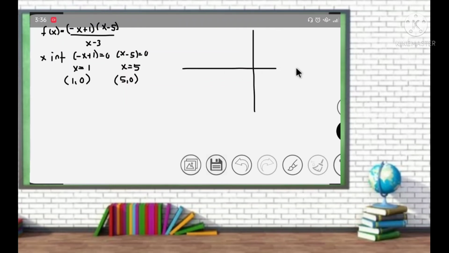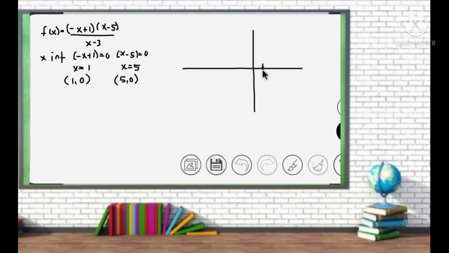Okay. 1, 0. Ayan yung 1, 0. 5, 0. 2, 3, 4, 5. Okay. Dadaan daw dyan. Dadaan daw dyan yung graph mamaya. Okay, abangan natin. Okay. So, 1, 0 at doon sa 5, 0. Kunin daw natin yung y-intercept. Getting the y-intercept. So, ang gagawin daw natin, f of x will become y is equal to lahat daw ng